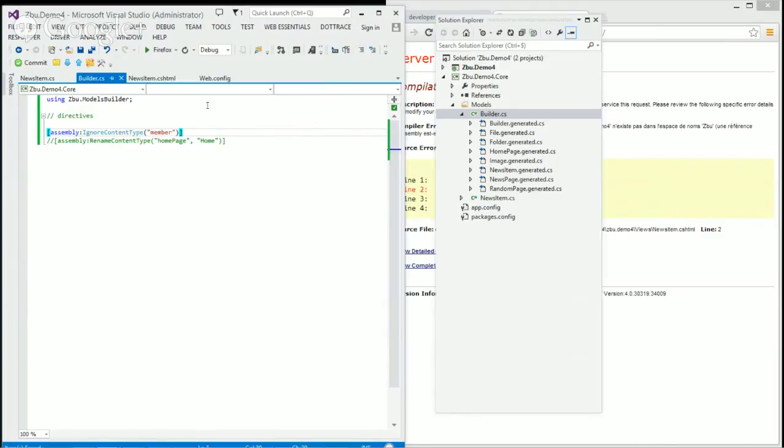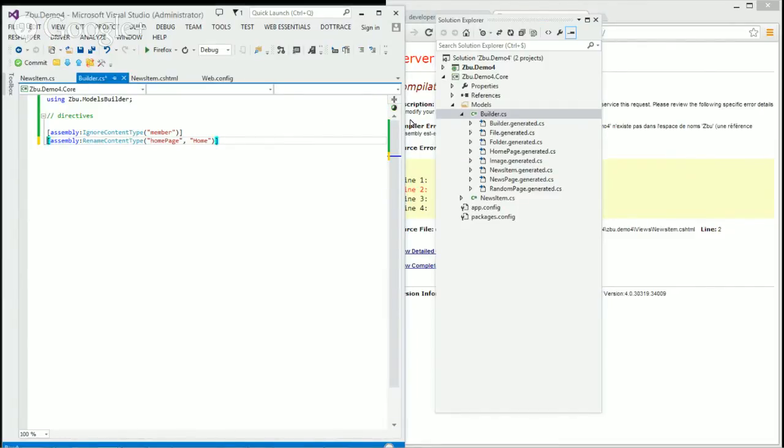And everything that's in the models folder is going to be parsed by the tool to make decisions. So here, for example, I can say I want to rename the content type. The alias is homepage, but the generated type should be home, not homepage. So it could be easier or nicer to read for your models, especially if you're inheriting a solution that was created a year ago with ugly names and you want to rename them. And you can do the same for properties. You can rename the properties. You can also tell the generator, please don't generate a property. For example,